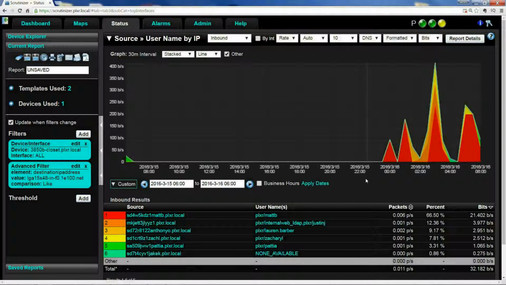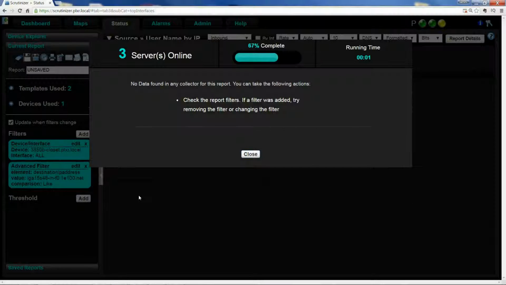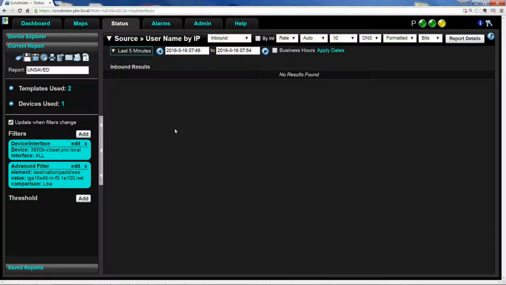So the next step was to build a monitor. So he chose the time frame of the last 5 minutes, so this report would always show things happening in the last 5 minutes. You notice here, nothing was going on, so things were good. We saved the report,